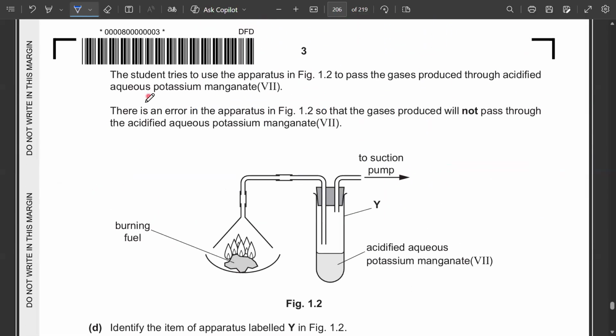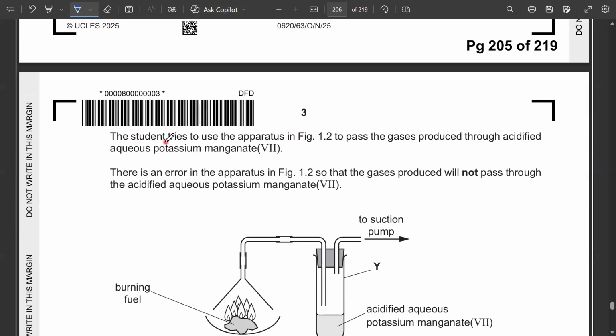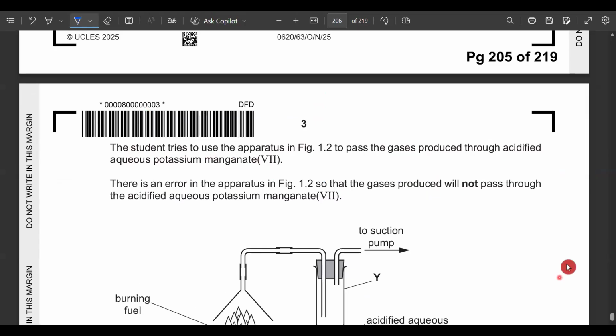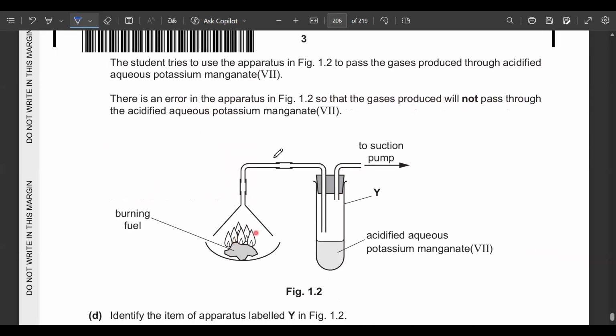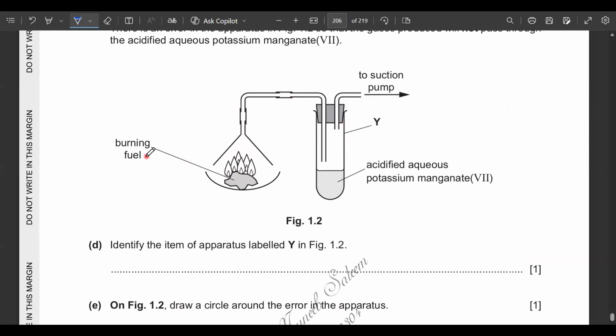The next part, the student tries to use the apparatus in figure 1.2 to pass the gas produced through acidified potassium manganate. There is an error in the apparatus in figure 1.2 so that the gases produced will not pass through the acidified potassium manganate. So this is the apparatus in which again fuel is being burned, the gases will be released,